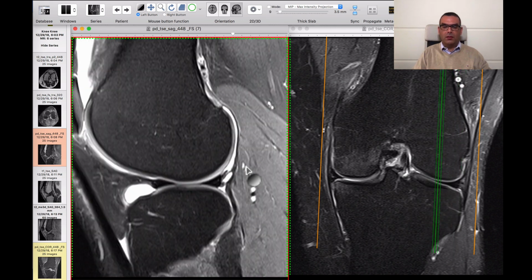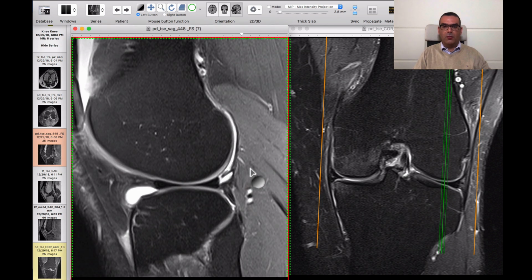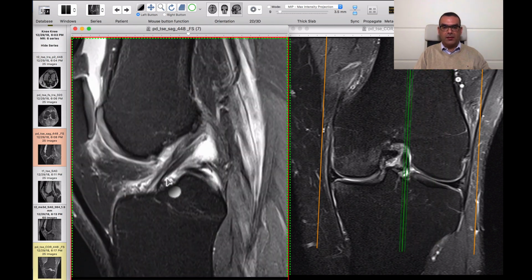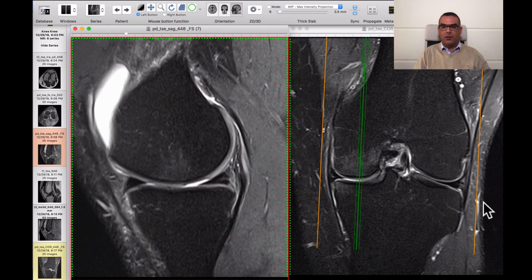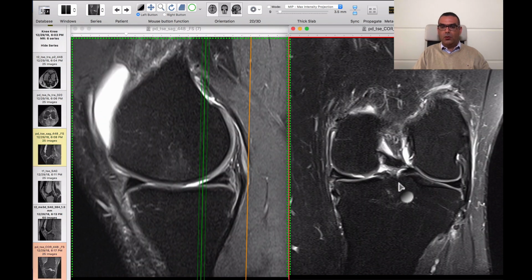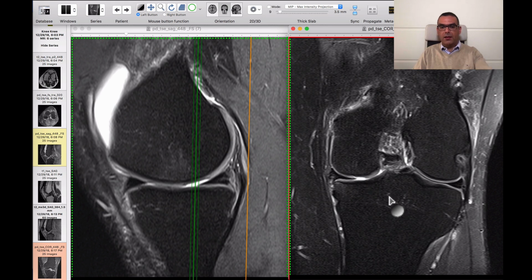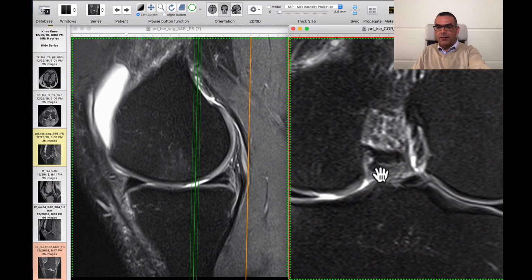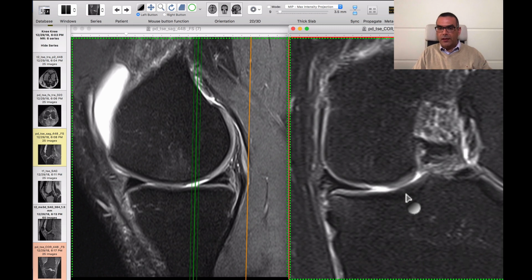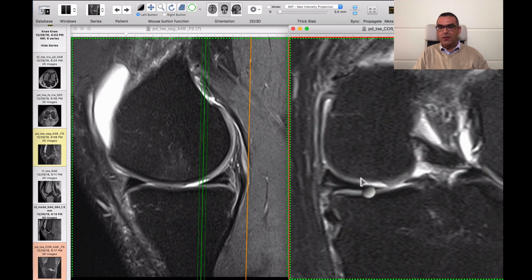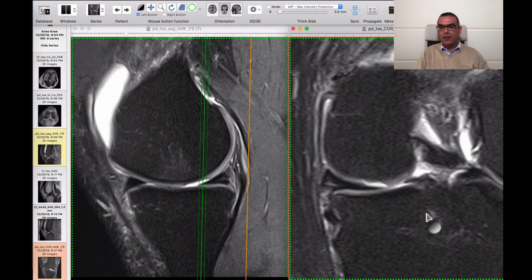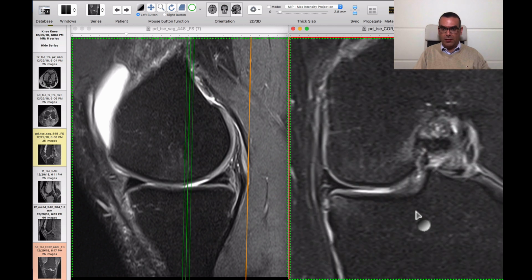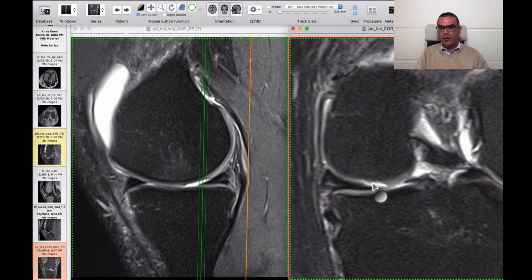The marrow signal is homogeneous and the articular cartilage is intact. If you go to the medial side, you can see this marrow edema, and look closely here. You can see this area at the medial femoral condyle articular cartilage. You can now see there is a chondral ulcer. So this is a chondral ulcer at the medial femoral condyle articular cartilage,